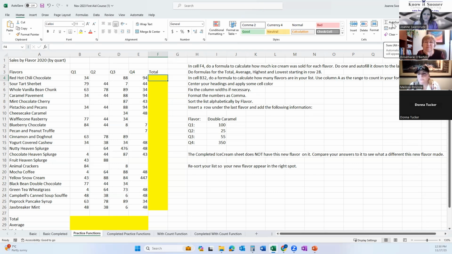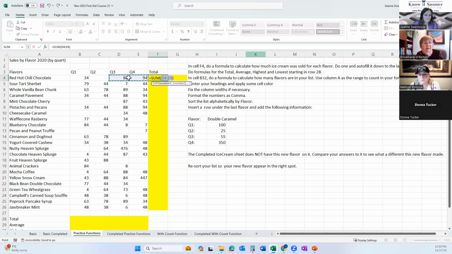Just rest your mouse on it and see if it says sum in the tooltip. I'm going to just click on sum. You don't have to click on the drop down. What it actually does is guess at what you want added up. It looks to the left and it looks up and says, hey, I found some numbers here. Is it right?